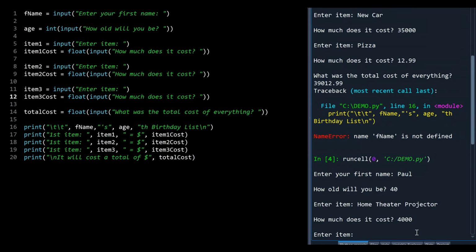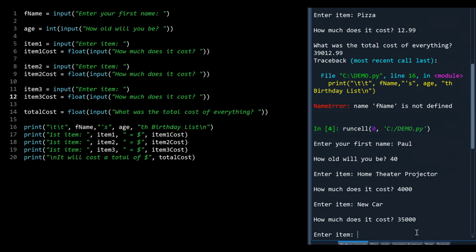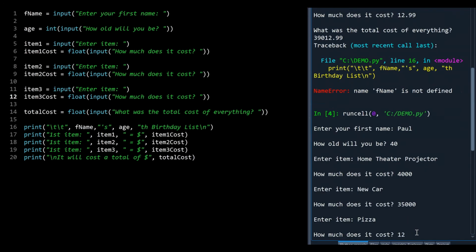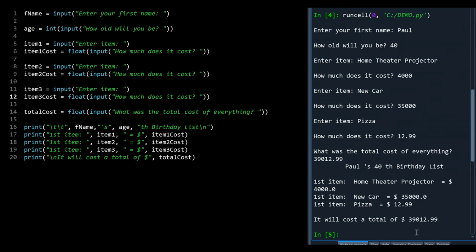So that was 4,000. The new car was 35,000, and the pizza was $12.99. Total cost of everything was $39,000 and $12.99. Okay, so here's my output. So see, it says Paul's 40th birthday list, my first item, and then my